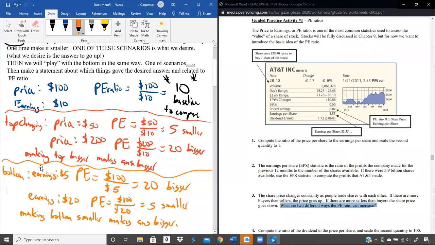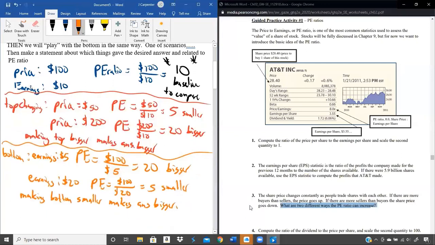Some people think we're done. We are not done. We have not actually answered the question, what are two different ways the PE ratio can increase? All we've done so far is say making the top bigger makes the answer bigger, making the bottom smaller makes the answer bigger. We need to use the appropriate words. We've got to be quantitative reasoning students. So what we say is,